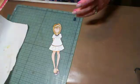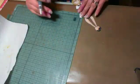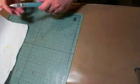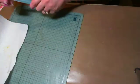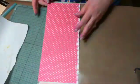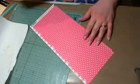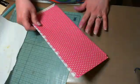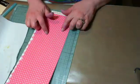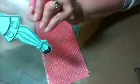I really don't know what to do about it, but anyway, so she's all colored, so we're going to put her to the side now, and we're going to do her dress. So I have this piece that is a piece of scrap. For something like this, go through your scraps and see what you have. Since we used the pink poppies, I think it would be fun to come back and add some of this hot pink. So what I've decided to do is I'm going to take my stamp